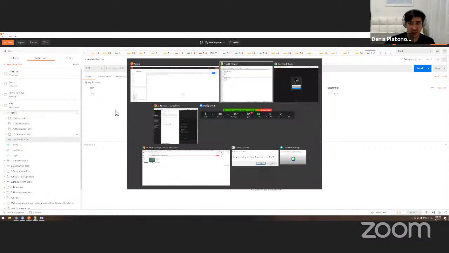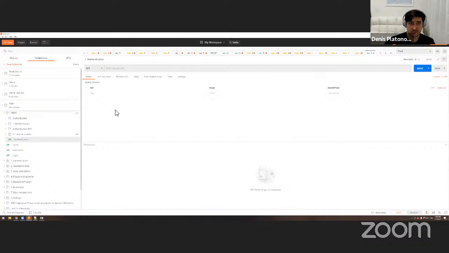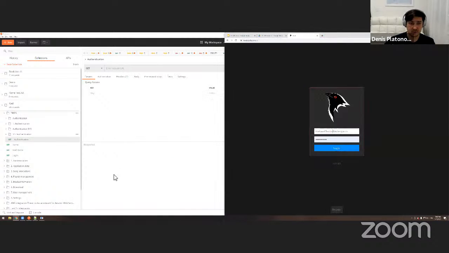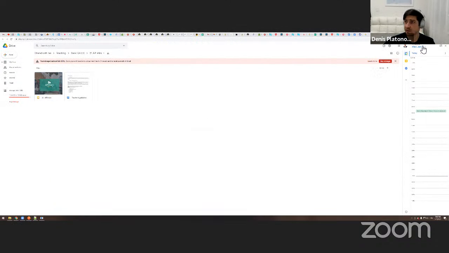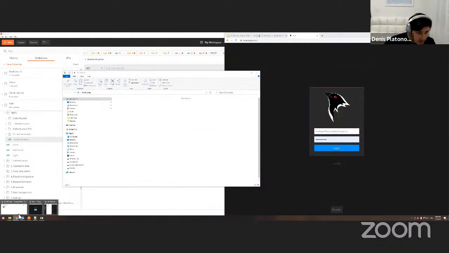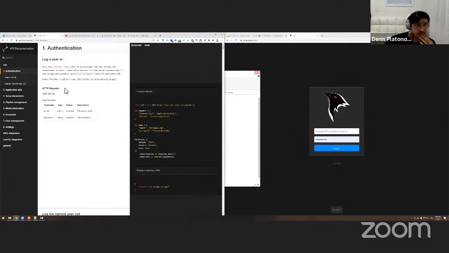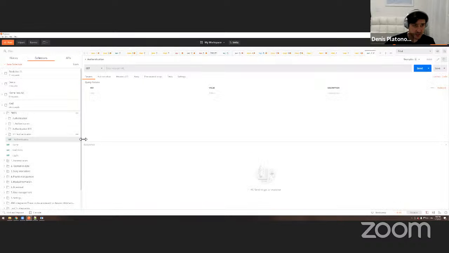So, okay, how do we do this? Where's my browser? Right here. So we need to do post, and this is the endpoint, right? And these are the parameters. So we're just doing what it says.